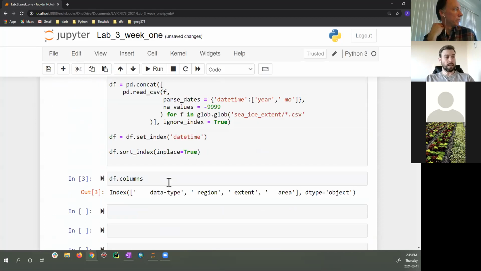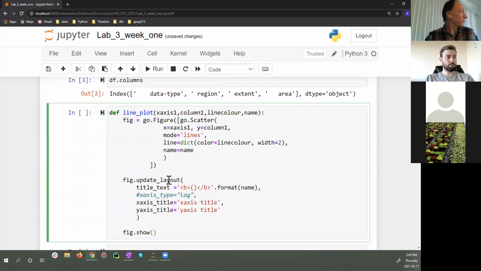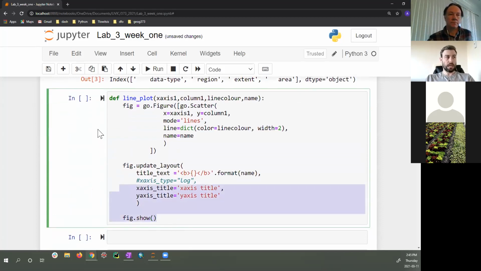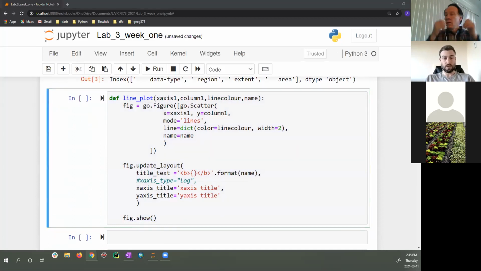So you should have in your notebook from last week something that looks along the lines of this. So this was a custom function that we created ourselves last week. I will throw this into the